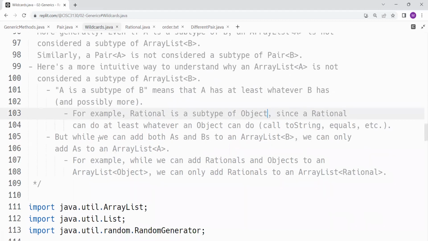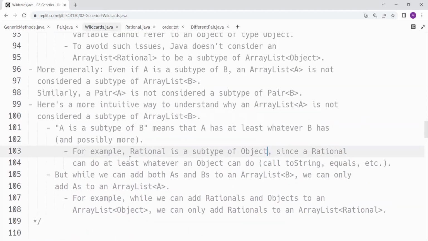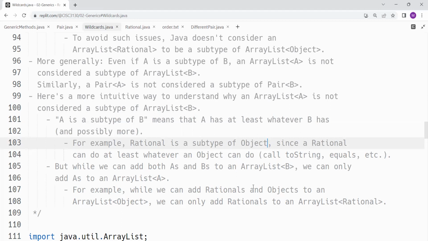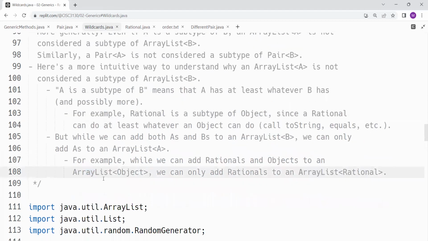Okay, but let's say we would want to consider an array list of rational to be a subtype of array list of object. Here's the problem we would have with that. What type of things can we add to array list of object? Well, we can add things of type object to such an array list. We can also add things of type rational to this array list, right? But if we have an array list of rational, we can add things of type rational to this array list,